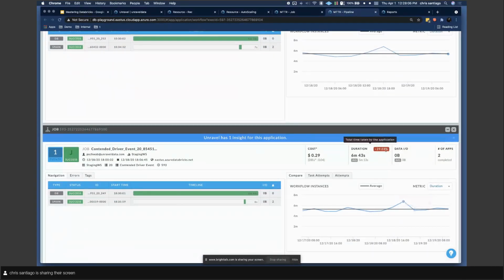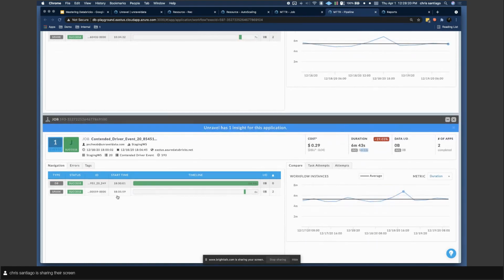What's the difference here in terms of the average time? It usually takes 5 minutes. This one took 6 minutes and 43, which is 29% longer than what it usually takes. And so those are some useful inputs. And then just like how we were seeing with the